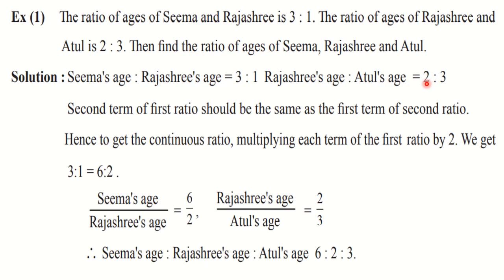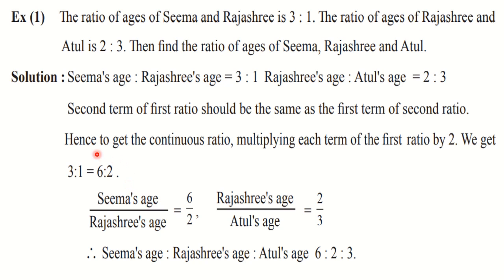We have to always go for LCM. LCM of 1 and 2 is what? 2, the least common multiple. So if we want to make it 2 here, we have to multiply by 2 at both places. As we have seen, we can multiply both the numbers by the same non-zero number. So if I am multiplying the second number by 2, I have to multiply the first number also by 2. So 3 is to 1 I can write as 6 is to 2.